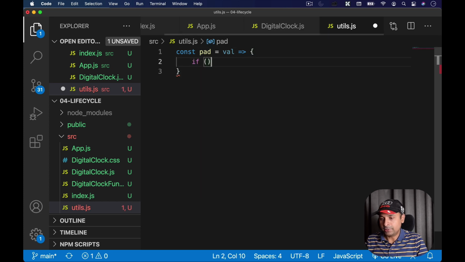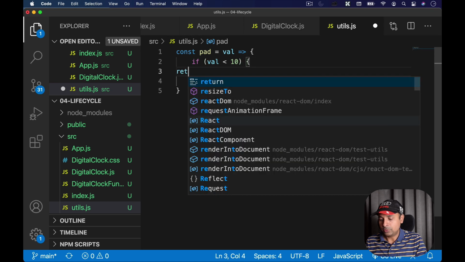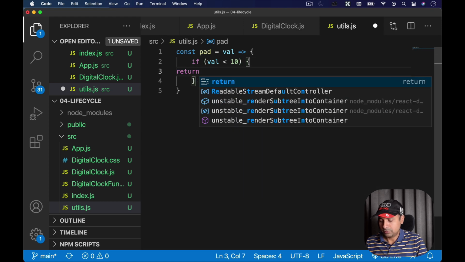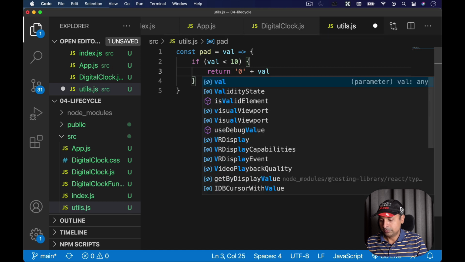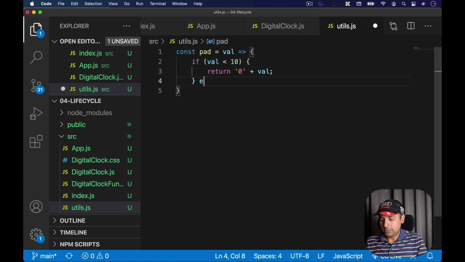And it's going to check if value is less than 10, it is going to return zero plus value, else